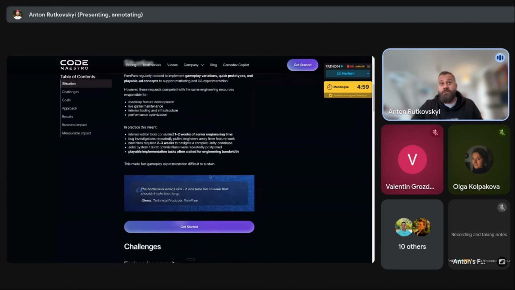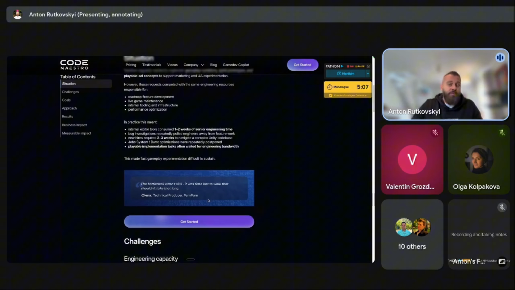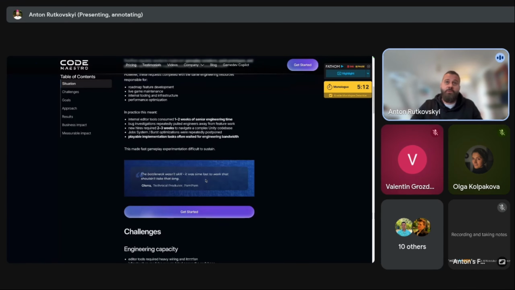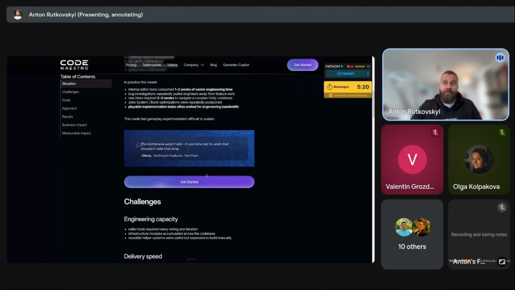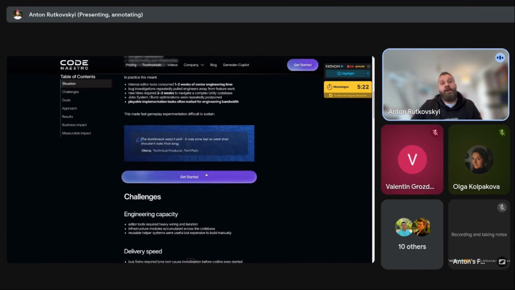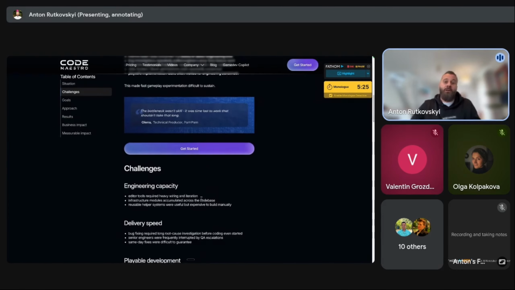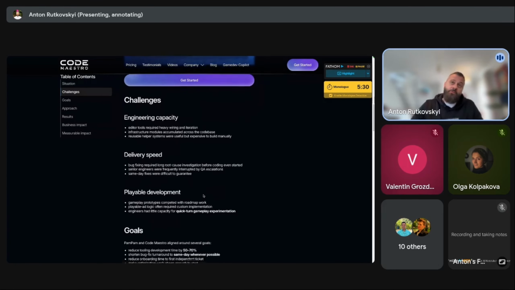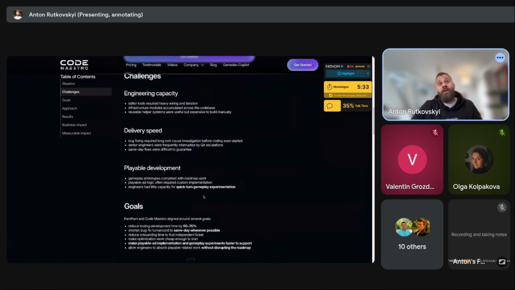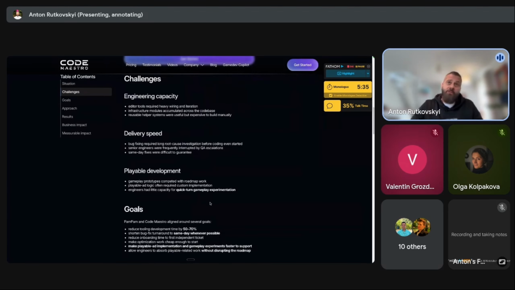And basically the internal editor tools that the team used took 1-2 weeks of senior engineering time, and new hires also took time to onboard and navigate through the complex Unity base. And playable implementation thus often was at the end of the backlog, and the engineers were able to do them only when they had some time cut from the roadmap work. So I also believe you're all familiar with these challenges that are mentioned on the screen: the engineering capacity, delivery speed,